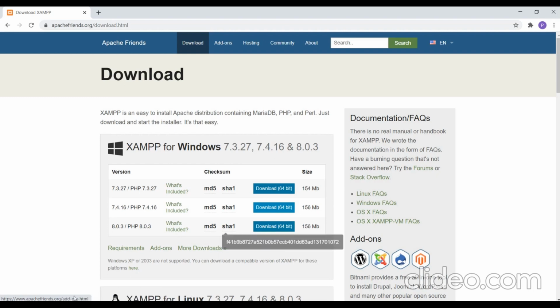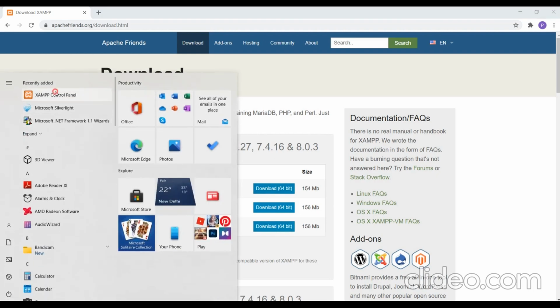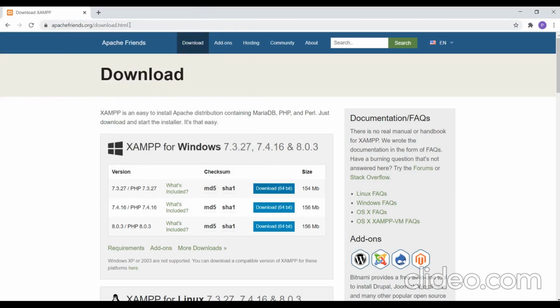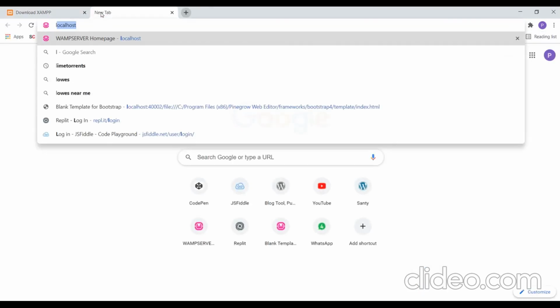Once you have installed it, you can start your XAMPP control panel, and if you click on start for Apache and MySQL, it will start your Apache and MySQL services. Whenever you want to log into that, you just need to type localhost.